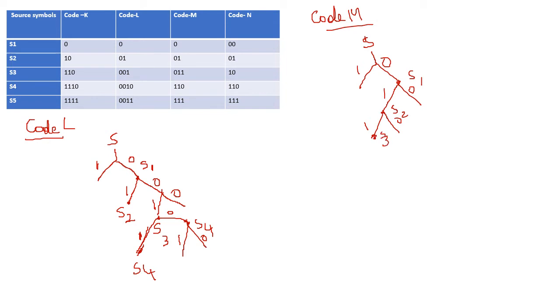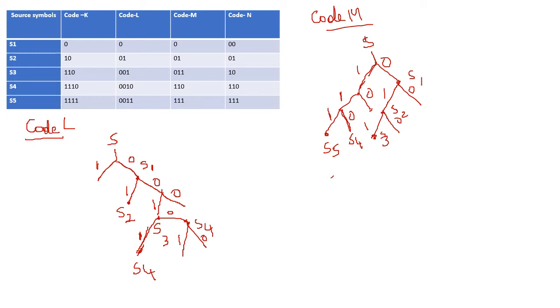Next again you have 1. Okay, so I've got till 1. Next what we'll do is you have 1. Okay, 1 and again I will branch these two. I will have 1 and 0. Now 1, 1 and again I will try to branch this node. So 1, 1 and 0. This particular node will be nothing but your S4. Then again 1, 1 and 1. This particular node will be S5. Again if you see few of the nodes or few of the branches are left unknown here. So that's why this code M is not an instantaneous code word.